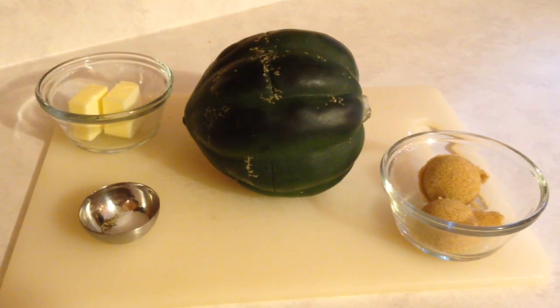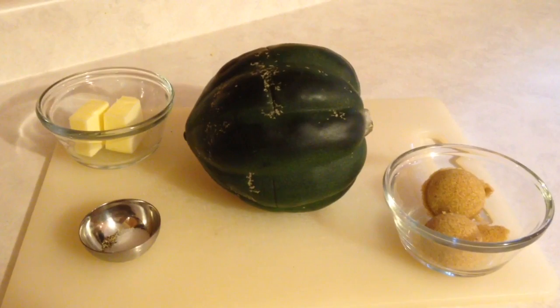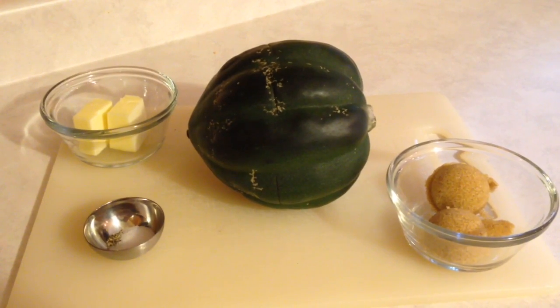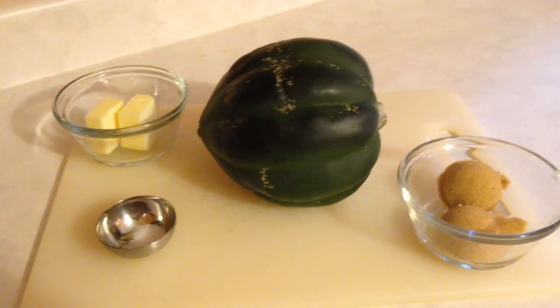Tonight's vegetable with dinner is acorn squash. This is how I prepare it. I use 1 acorn squash, 2 tablespoons of butter, 2 tablespoons of brown sugar, a 1/4 teaspoon of pepper, and